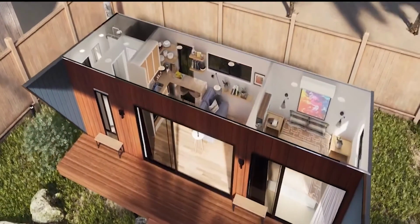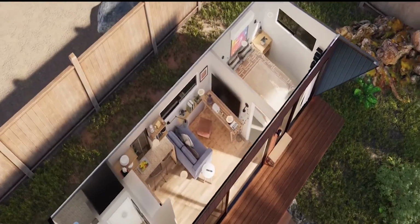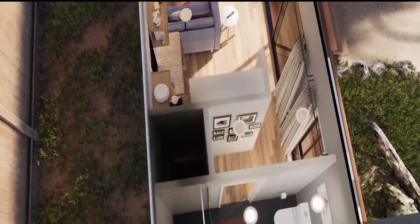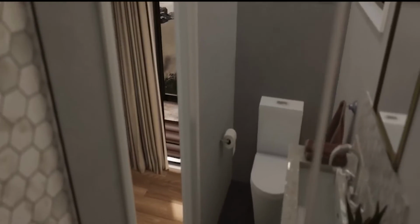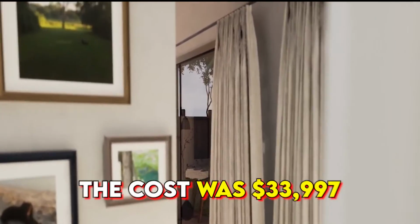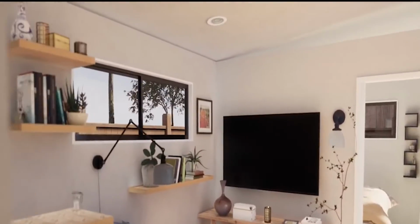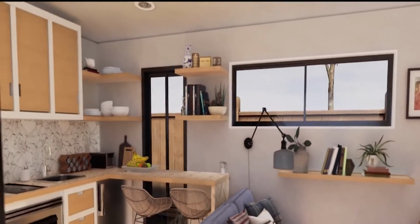This tiny house kit requires the construction of a concrete slab, which raises the total cost. The steel structure alone is included in the package. Windows, doors, plumbing, electrical, flooring, and fixtures are not included and need to be bought separately. Although the project may become exceedingly costly as a result, the ultimate product will have the most flexibility. At publishing time, the cost was $33,997. So there you have it, 7 of the best tiny house kits that you can buy online and have